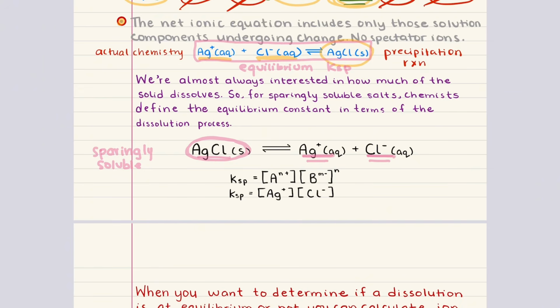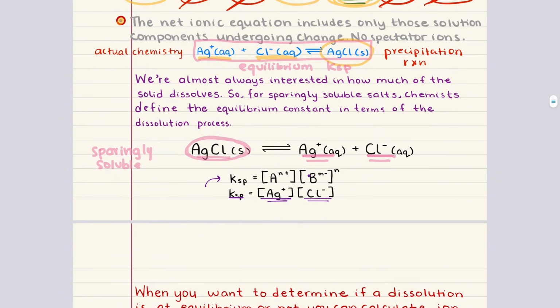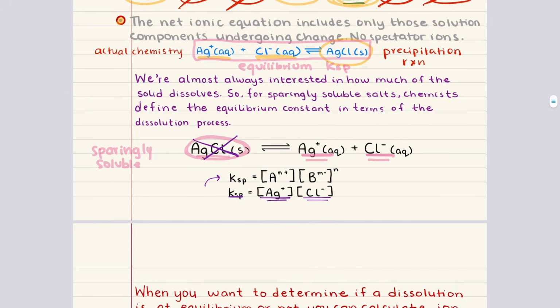chloride anions. Because this is a reversible equilibrium, we can actually write an equilibrium expression based on the law of mass action. This gives us the solubility product constant. We can write KSP is equal to the concentration of silver ions multiplied by the concentration of chloride ions. Notice that we do not include solid silver chloride in this expression. Solids and liquids do not appear in equilibrium constant expressions because their concentrations are constant and they do not affect